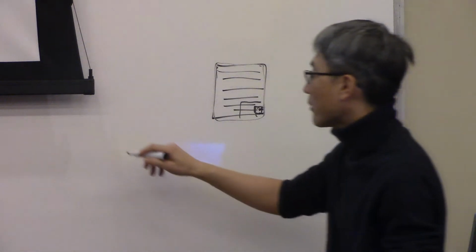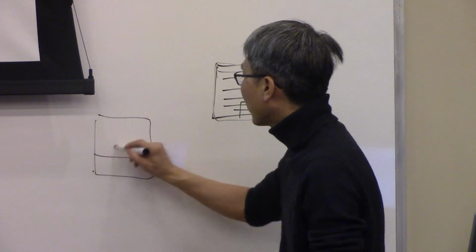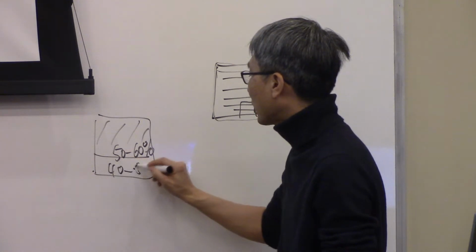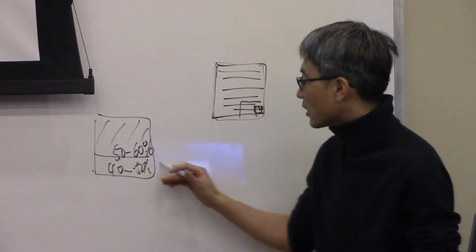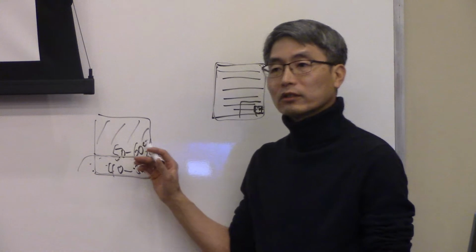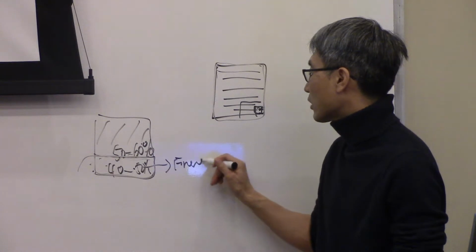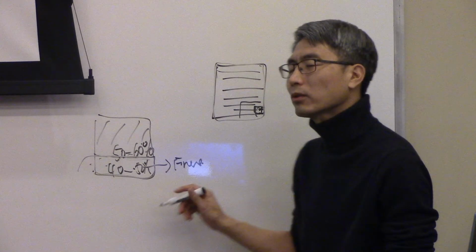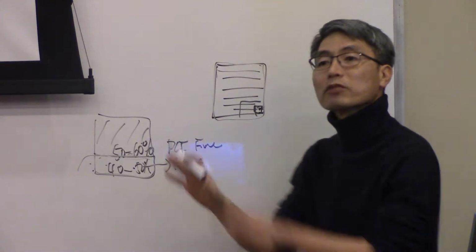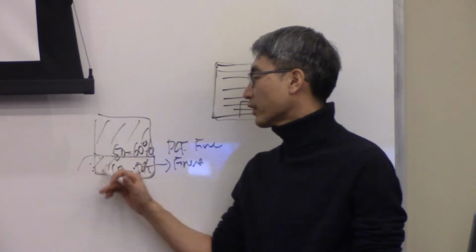For example, a database uses database blocks, but it is recommended to use only 50 to 60% of each block, and the other 40 to 50% should be free space. So this is an internal fragmentation. You cannot use this part, but intentionally you can create such internal fragmentation. This is called free space in a block. According to Oracle's term, it's called PCT free, percentage of free. So you can specify how much is free. The reason why we intentionally made free space